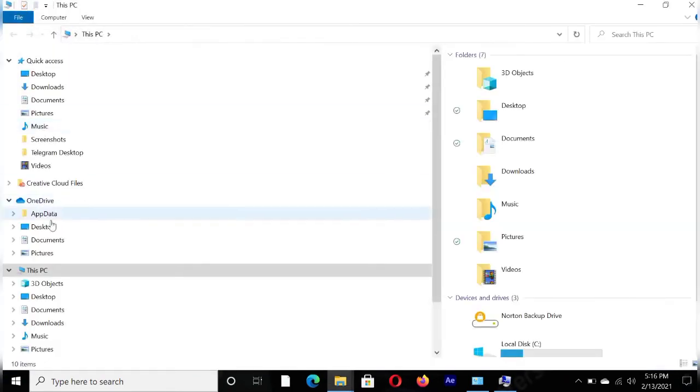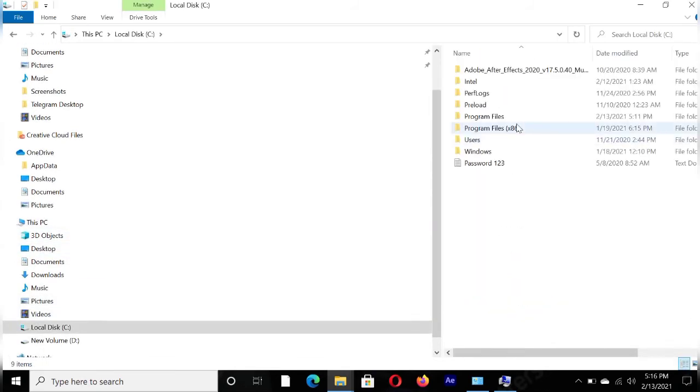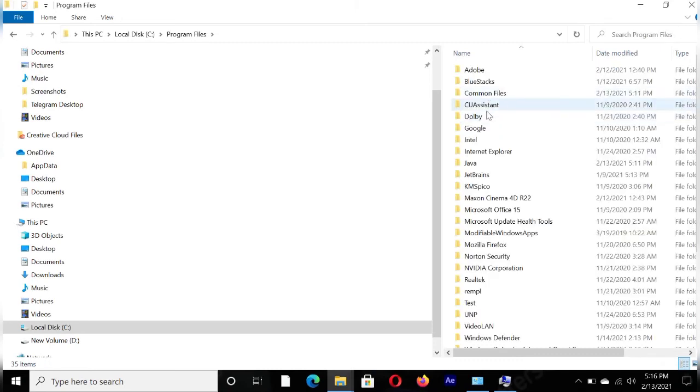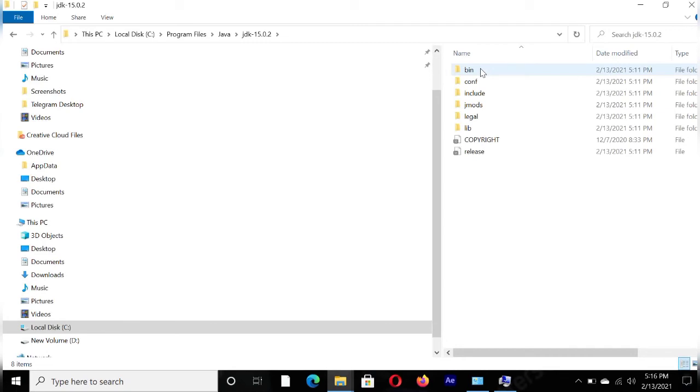You have to repeat the same process as we did previously. Enter into the C drive and then Program Files, and here we have to enter into Java and then click on JDK. Before entering into bin, we have to copy the path by clicking on the search bar. I said previously that for copying we have to press Ctrl plus C. I have copied this path and I'm closing this.